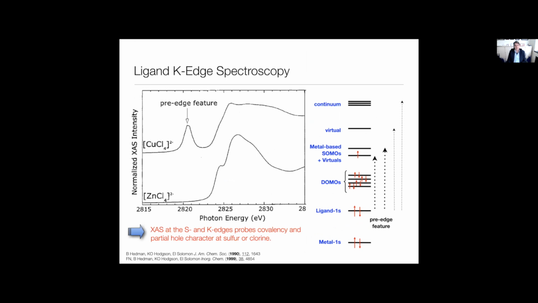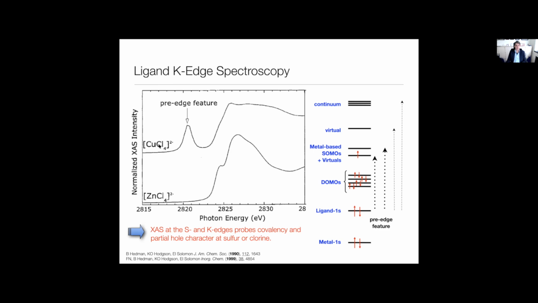It can be done not only at the metal K edge, but also at the ligand K edge, and so that is going into the softer X-ray regime. And in principle, it's all the same principle. But the nice thing here is that the acceptor orbitals in transition metal complexes bound to sulfur or chlorine are not pure metal orbitals, but they carry a bit of ligand character, which is due to the covalent bonding that the chlorine or sulfur or maybe the phosphorus has with the transition metal. And ligand K-edge spectroscopy is a beautiful way of picking that out by the pre-edge feature.